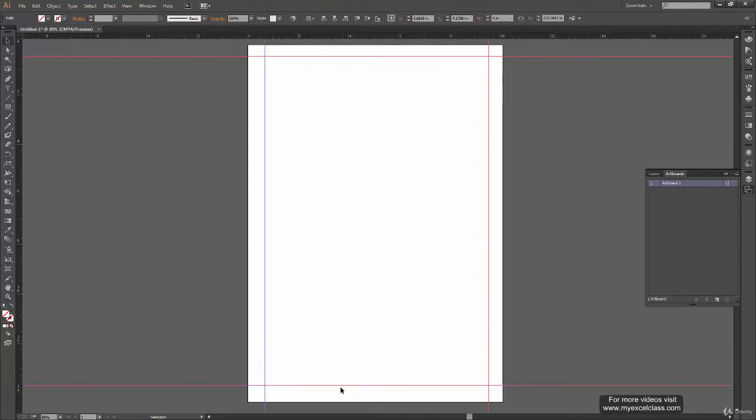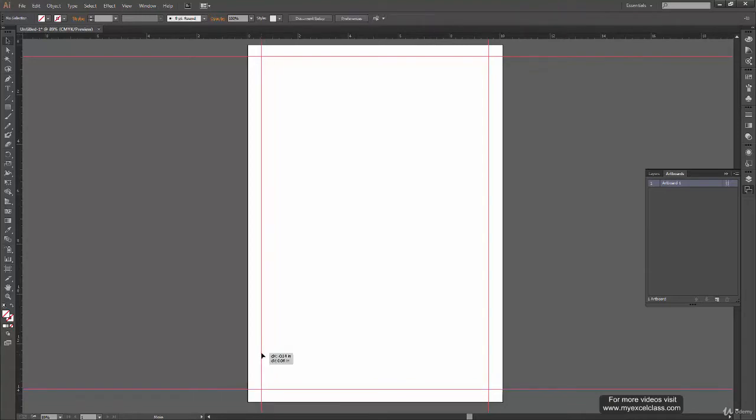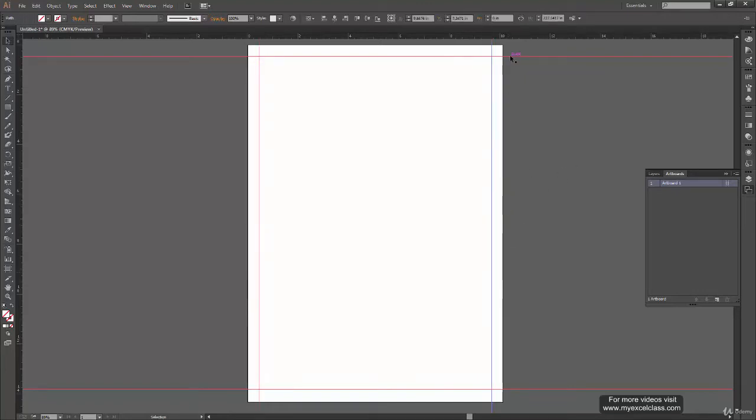And here I have a margin kind of thing around my canvas. It is not very proper because I haven't measured anything. I just dragged it normally and made those guides. So it is not very precise, but still good for example. Now if you want to move all these guides together, you can do that also.